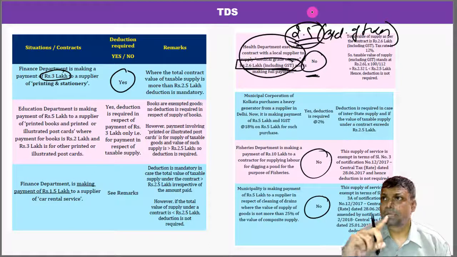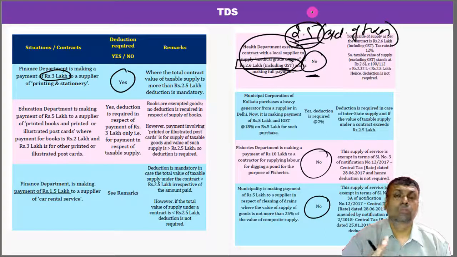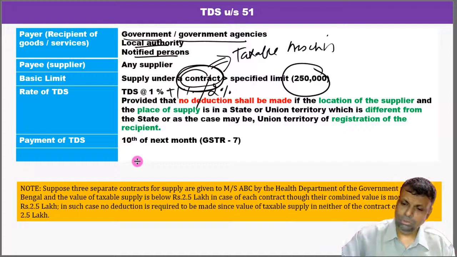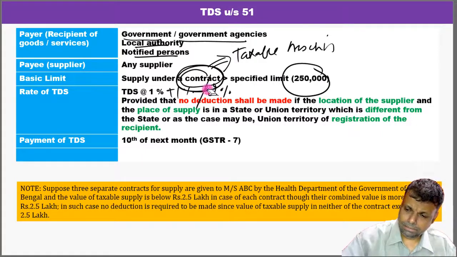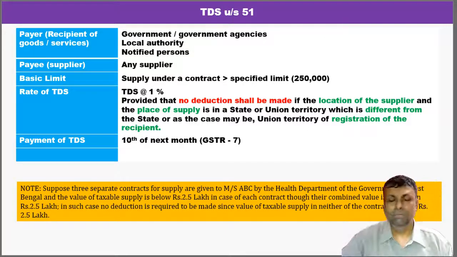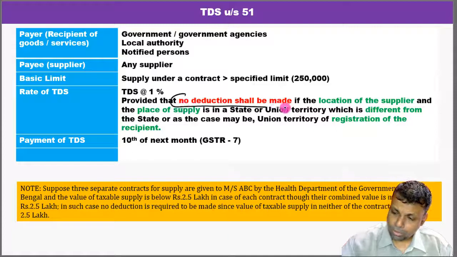Okay. So two of the most important things. One, if it is an exempted supply, no TDS. Second, the value which should be considered should always be exclusive of taxes. The third thing, friends, which I want to bring to your notice here is, people are likely to confuse a little bit, but there is a special provision under section 51 which says that provided that no deduction